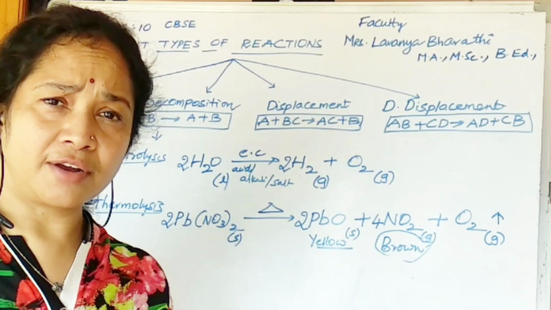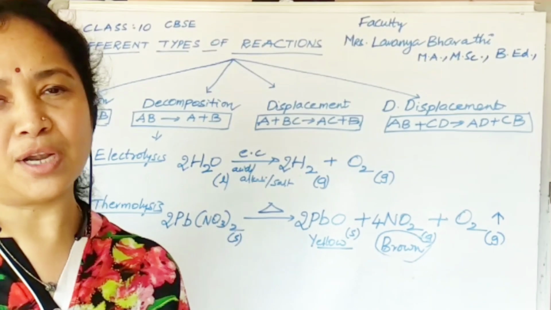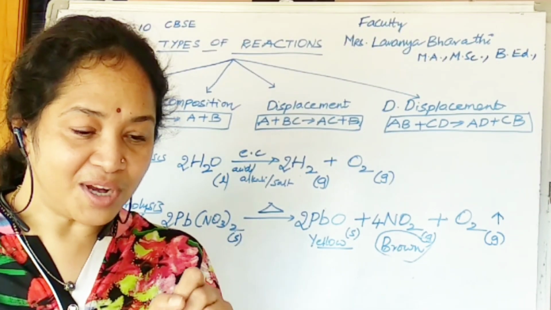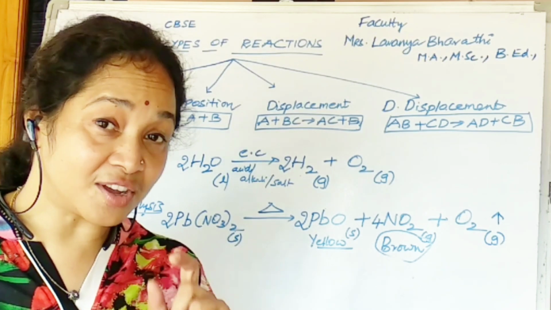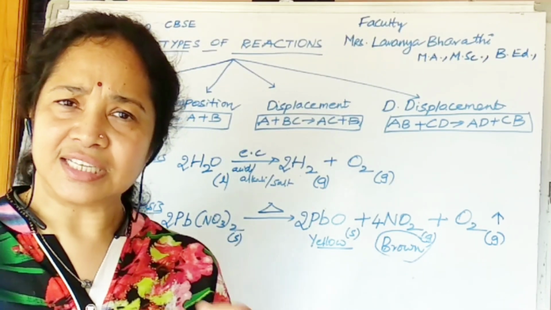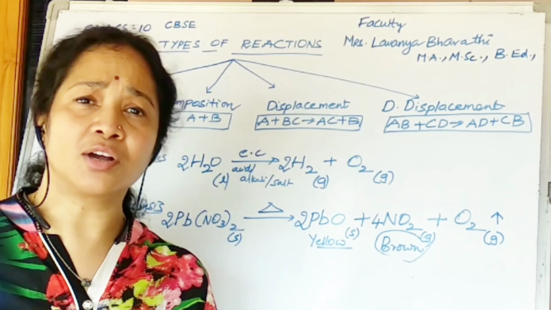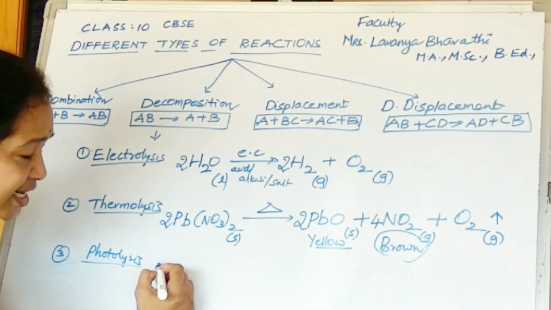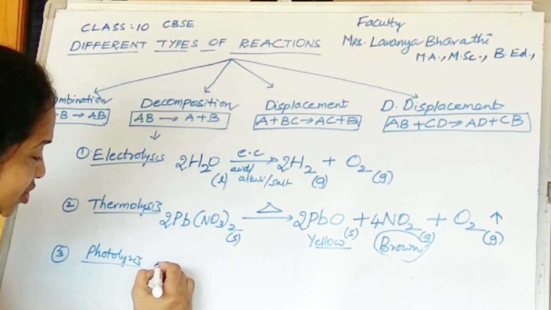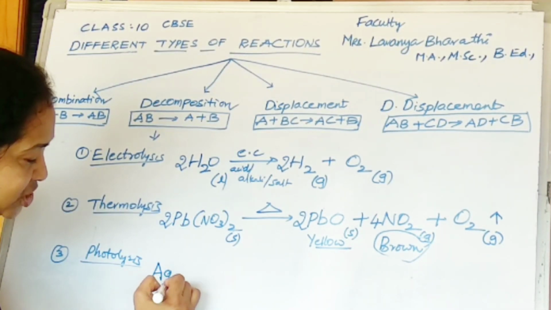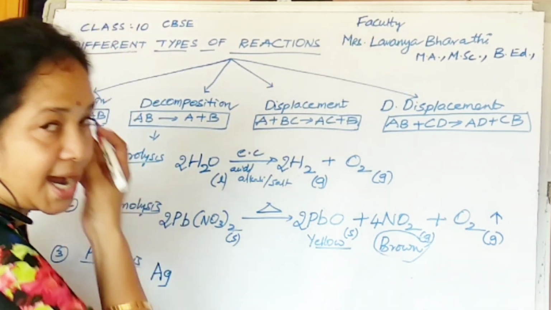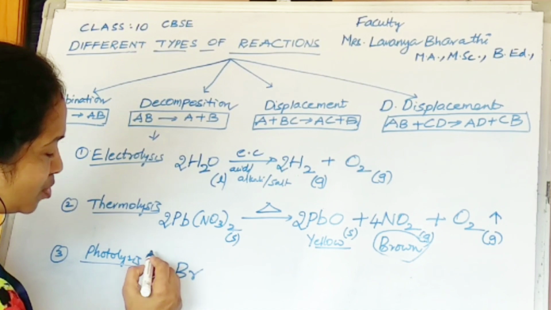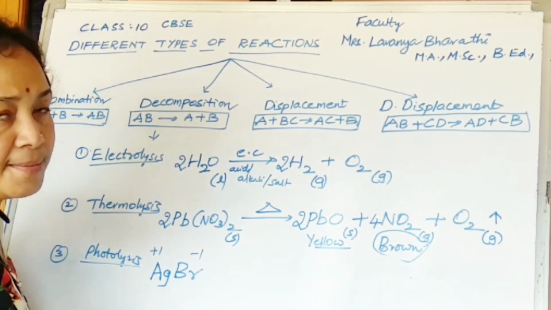in black and white photography, we come across a certain compound, namely silver bromide. So this silver bromide undergoes certain decomposition in the presence of light. What is happening? Just like silver bromide, you can also take silver chloride. Okay, so silver bromide or silver chloride. Now I am taking silver bromide as I told initially. Silver is Ag, bromine is Br. Silver bromide formula is AgBr. You know, Ag plus 1 and Br minus 1.